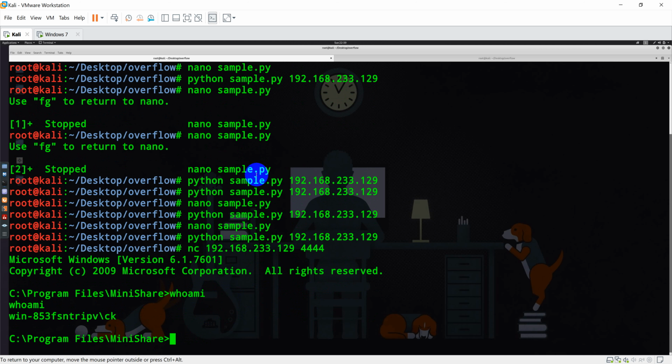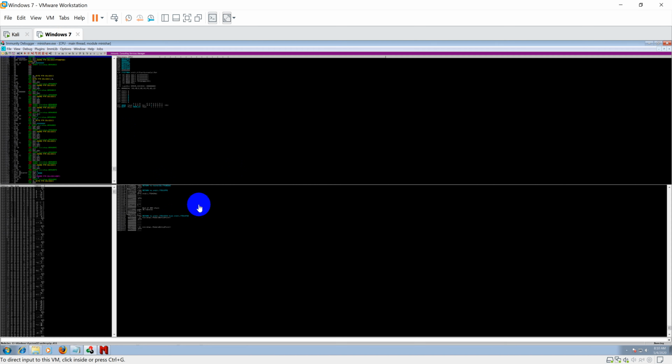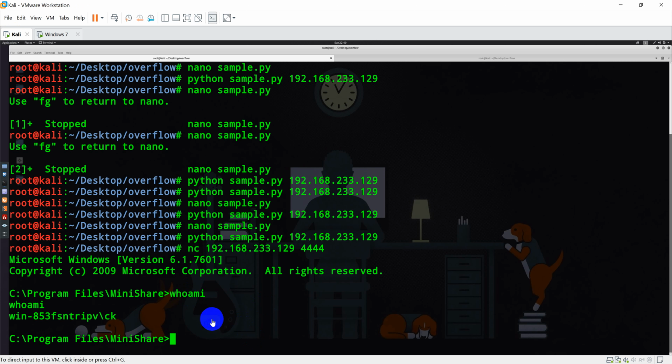So this is the way you can perform a buffer overflow attack on a remote vulnerable system, and this is the way we have generated the payload. Suppose you identified that some Windows 7 system is running this particular vulnerable program, then you can directly go ahead and run this payload, which will give you the shell, remote code execution, or remote buffer overflow. I hope you have learned the buffer overflow technique.